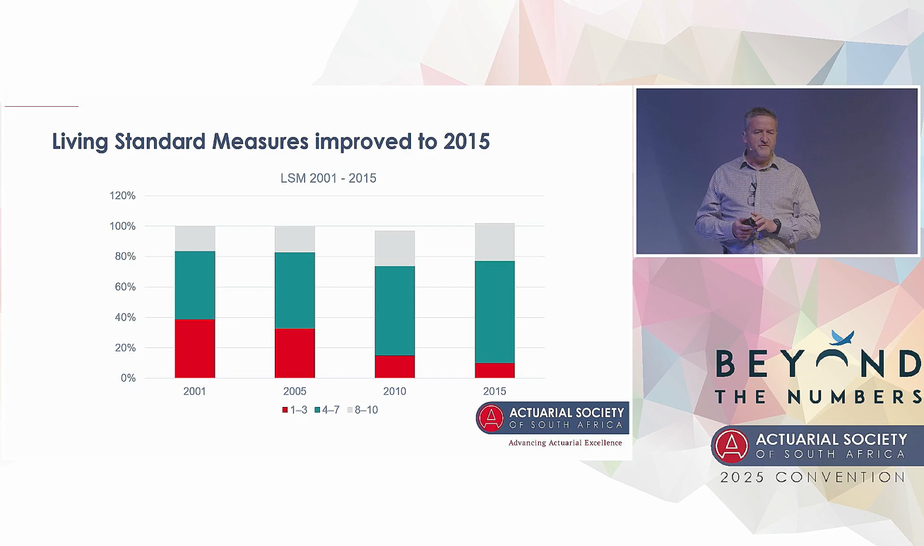Another shift in South Africa is the economic shift that's happening. This is a little bit dated, the living standard measures, one being the lowest living standards and 10 or 11 being the highest living standards. The mix has been changing over the 2000s. A lot less people in the lowest living standards. So we are seeing a shift in